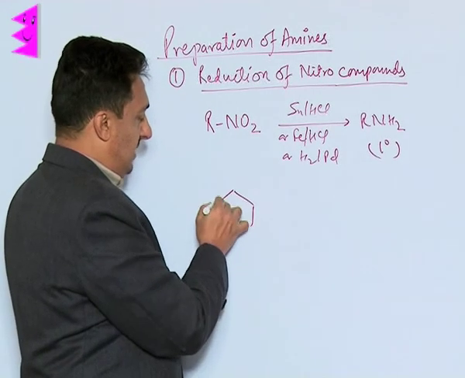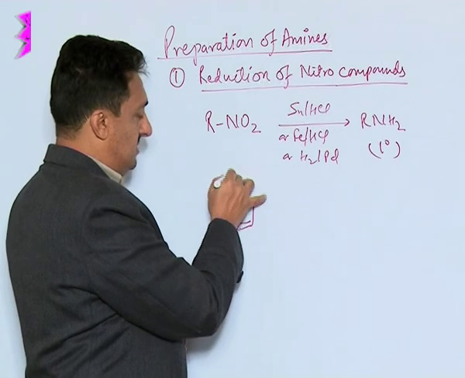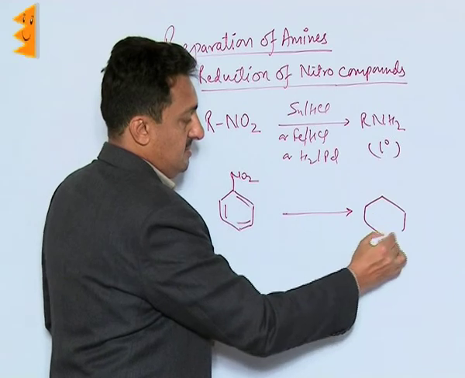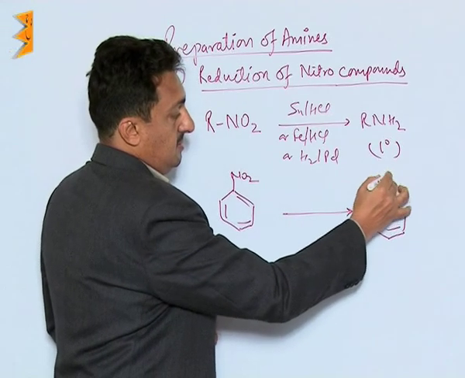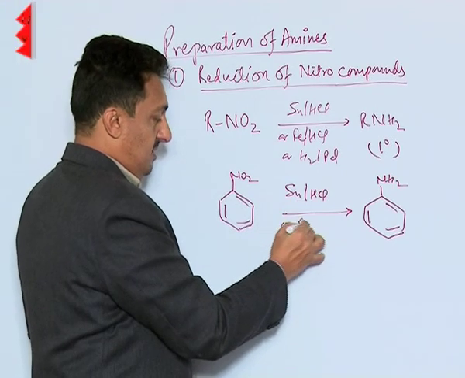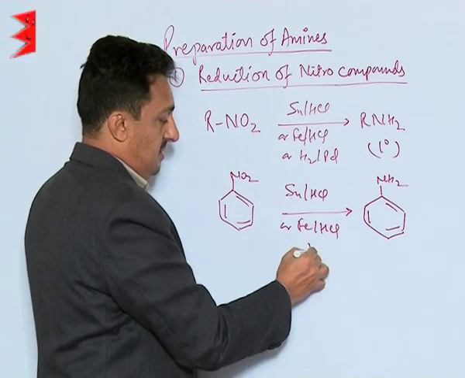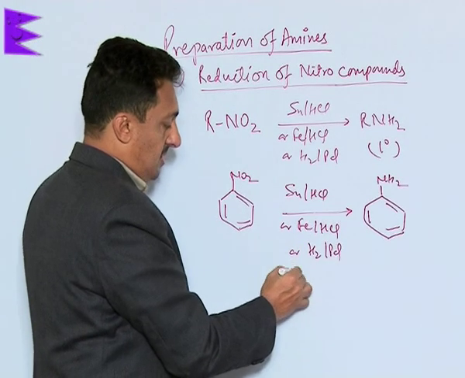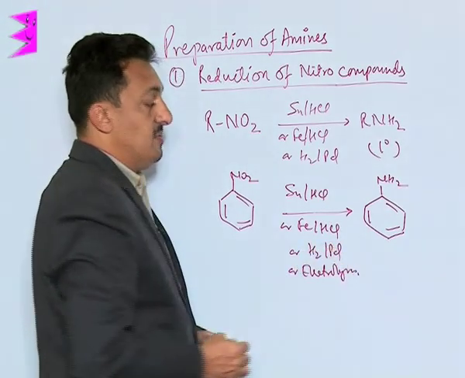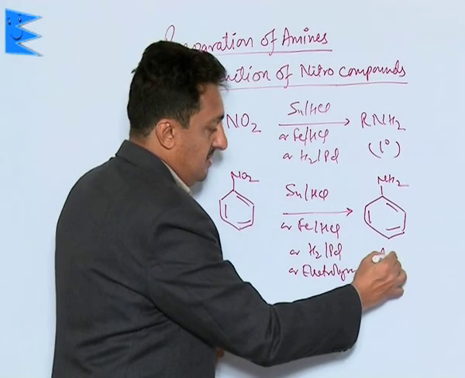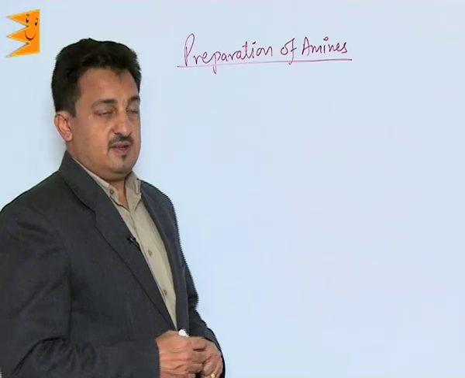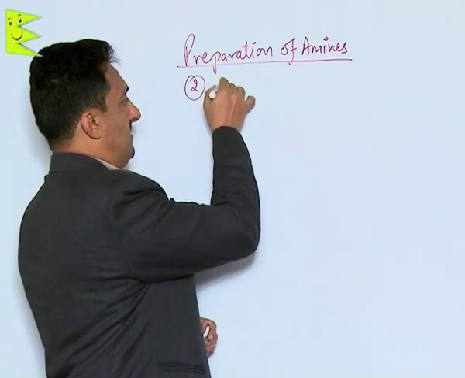Even if we have aromatic nitro compounds like nitrobenzene, this can also be reduced to aniline by using any of these reagents like Sn/HCl or Fe/HCl or hydrogen palladium, or even by electrolysis. It will give you aniline, the primary aromatic amine. The second method to prepare amines is by